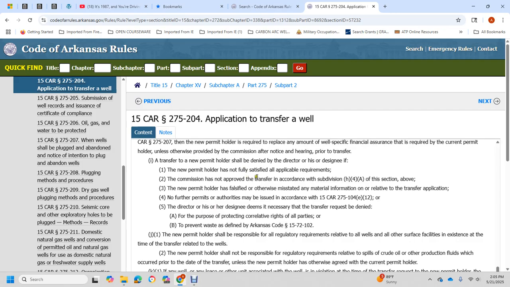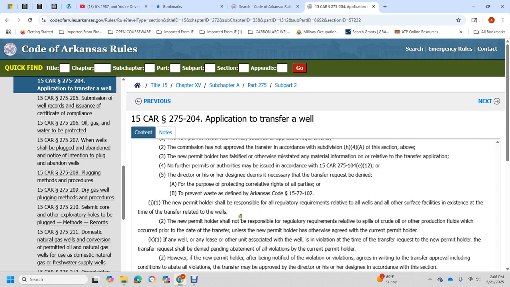No further permits or authorities may be issued in accordance with Title 15 Code of Arkansas Rule 275-104 E12, or the director or his or her designee, if necessary, for the transfer request to be denied for the purpose of protecting the correlative rights of all the parties, as defined in Arkansas Code 15-72-104. The new permit holder is responsible for all the regulatory requirements relative to all the wells